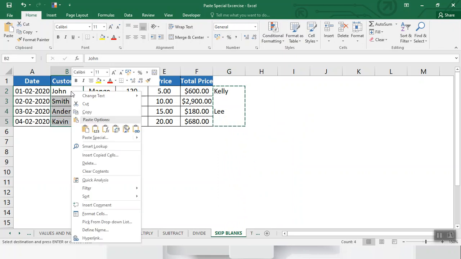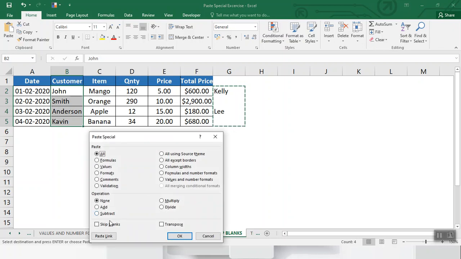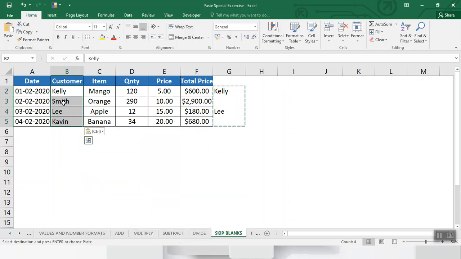Right click, go to paste special option, and then skip blanks. The name changes, Kelly. Here is a blank. Data didn't change because here is a blank. Lee, Kevin, blank. Data didn't change.